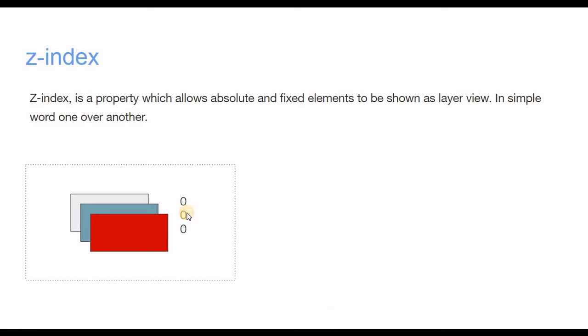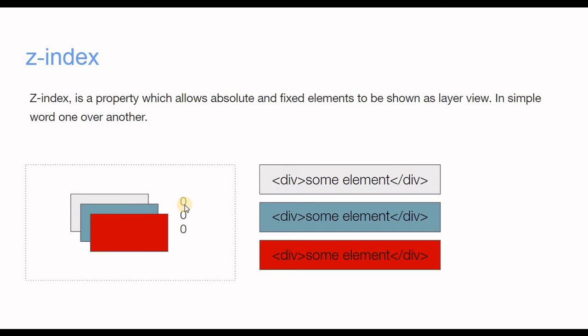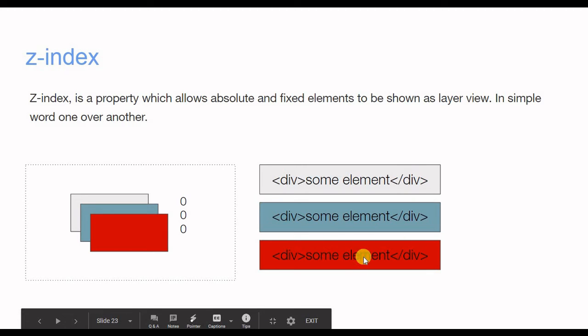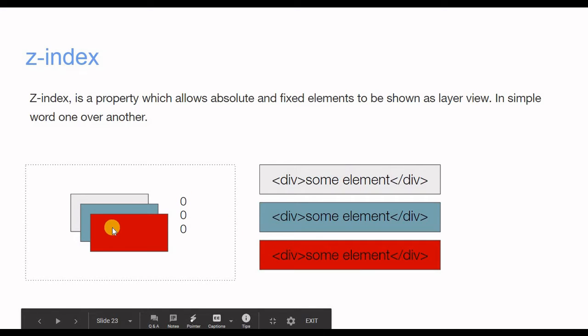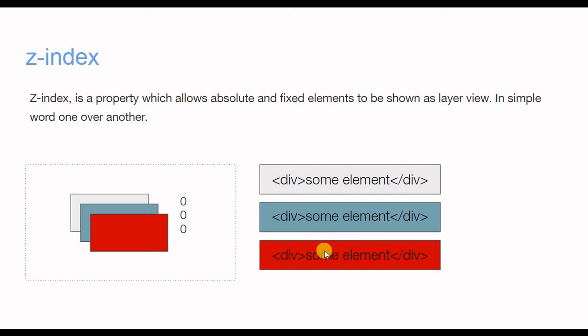And right now the Z index is 0, 0, 0. Now this is the HTML code I have written in our HTML. First I have written this one, then in the next line I have written this green-colored HTML code, and finally we have written this red HTML div. And the result you are seeing is that the red is on top, and the others come sequentially: first red, then green, then the gray background div element.